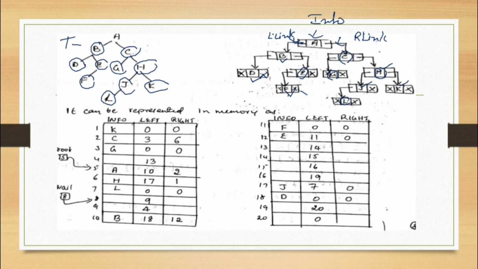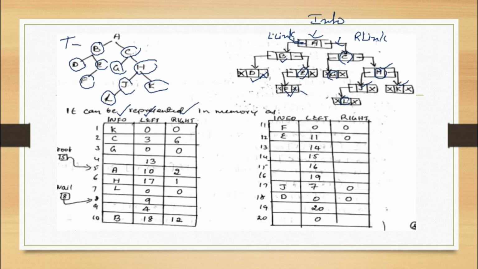Now students, what are those three parallel arrays we were speaking about? Let us understand those parallel arrays. For that we need to understand the memory representation. In the array representation we only had a single array, in which we stored the elements, and we have properly understood how we store them. But here we have three parallel arrays. What are the names of those three parallel arrays? One is the info field, one is the left field, and one is the right field.